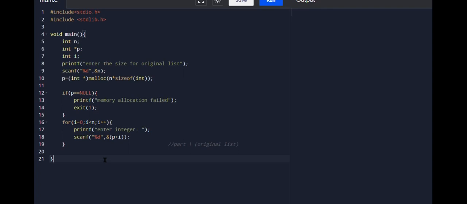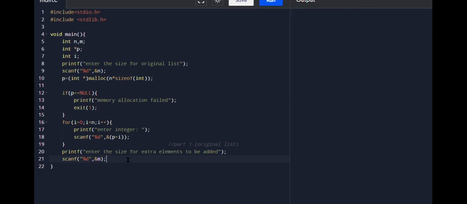So I'm copying the same for extra elements. You can write anything. It is the printf function, so I am writing "extra elements to be added", right? So scanf, now I am changing the variable to m, suppose, and here you will also write m. Now we will do the same thing for this,